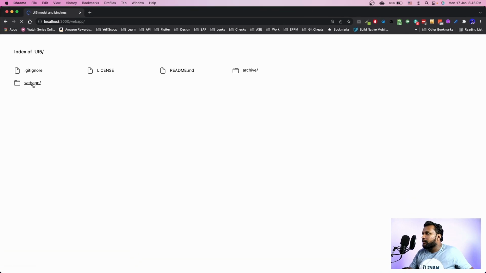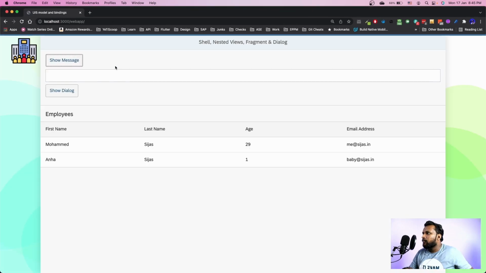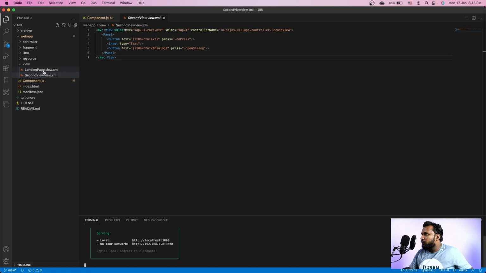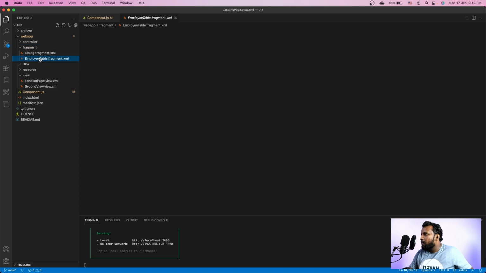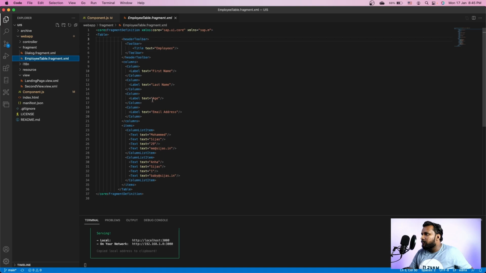I'll go to the web app, and I have my table here. As you know, this table has static data. On the landing page you see there is an employee table, and this has static data.